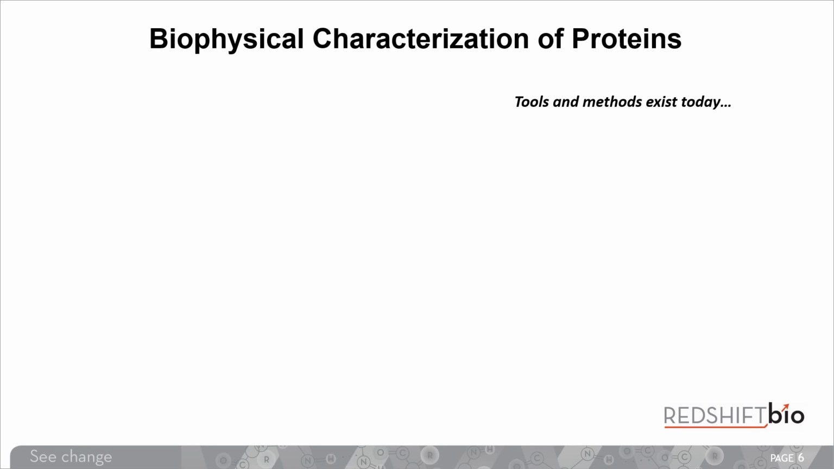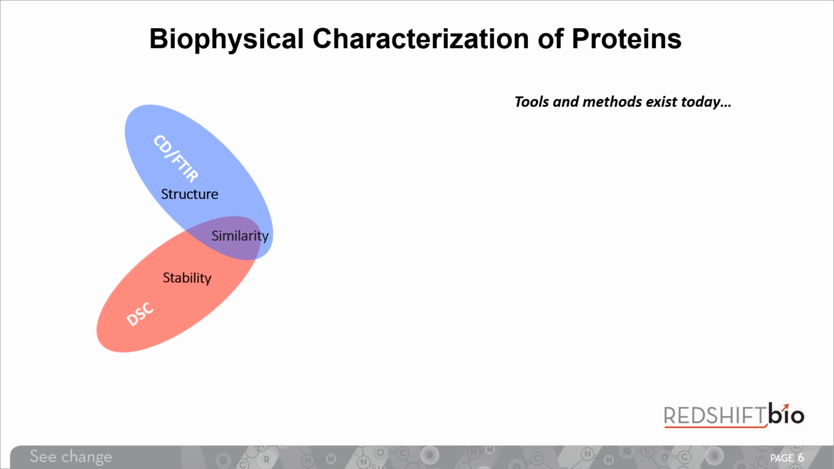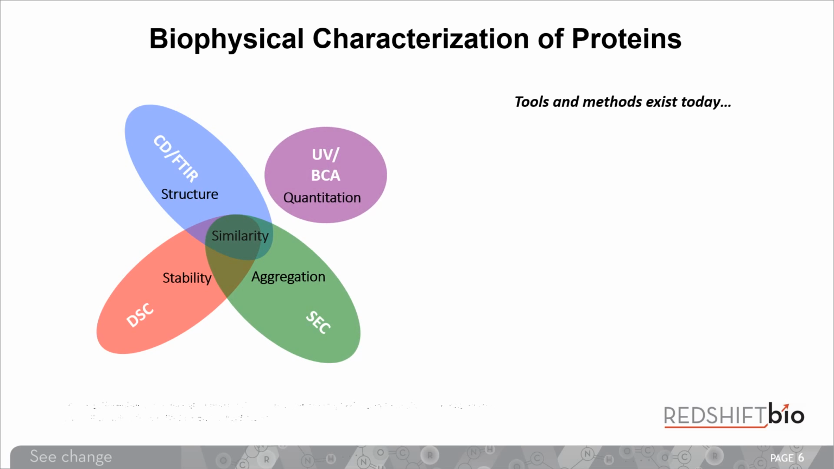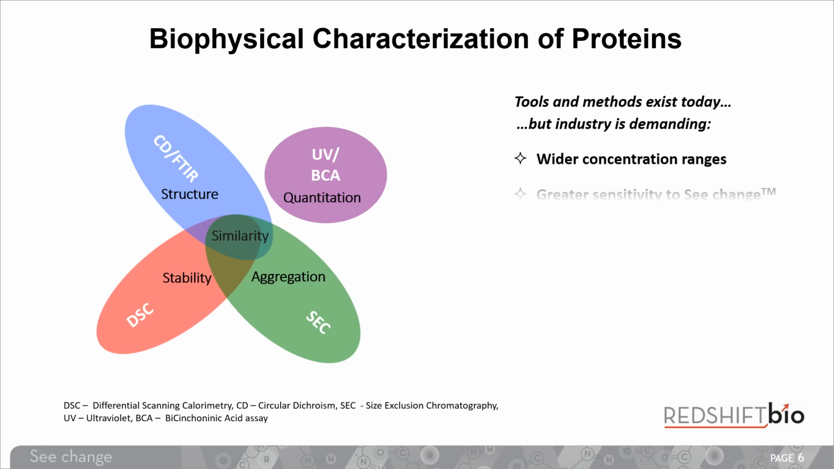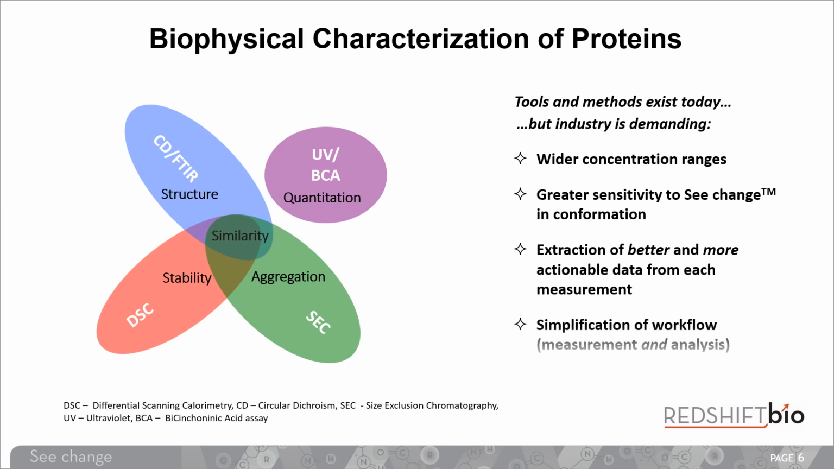Tools for biophysical characterization of proteins certainly exist today. Many of these you may be familiar with and may even have in your labs. These include CD and FTIR for structure, DSC for stability, SEC for aggregation, UV absorbance for quantitation. But industry is always demanding more, and what they're after is the ability to measure over wider concentration ranges, the ability to achieve greater sensitivity to see the onset of conformation change, extraction of better and more actionable data from each measurement. And this means not just the ability to get cleaner spectra, but also to interpret that data in meaningful ways. On top of that, there's a desire for greater simplification of the workflow, not just in measurement, but